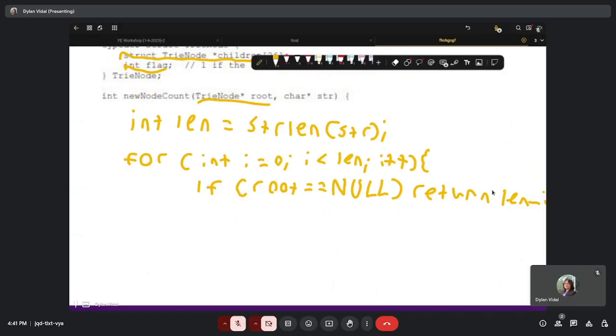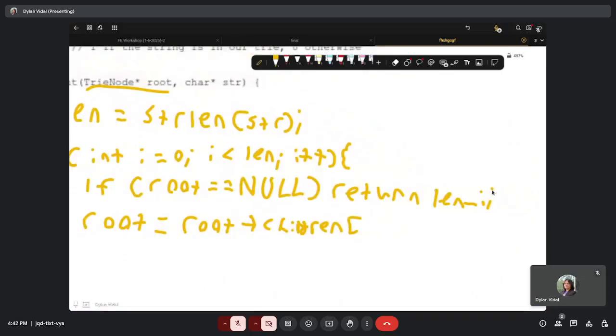Traverse? Yeah. So any idea how we would traverse through there? Yeah, that's perfect. So we'd go ahead and say that we would set the root equal to root at children at str at I